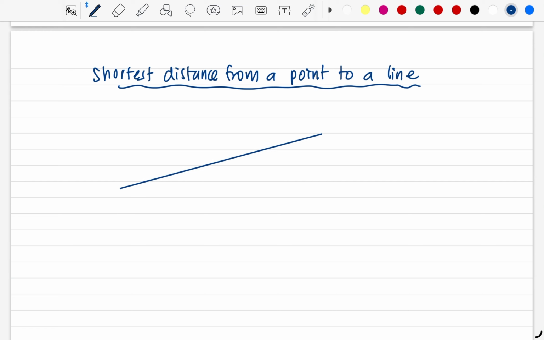Let's say I have a line here, call it line L, and this line L passes through point A, and the direction vector of this line L is B. Let's say I have a point P away from the line. Point P is here. So if we want to find the shortest distance of point P to line L,